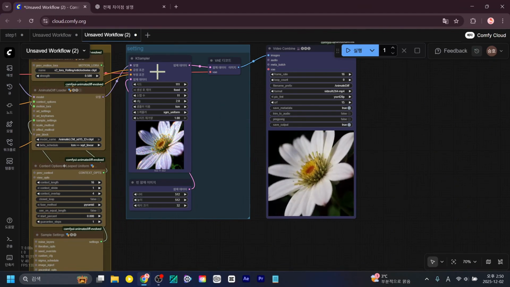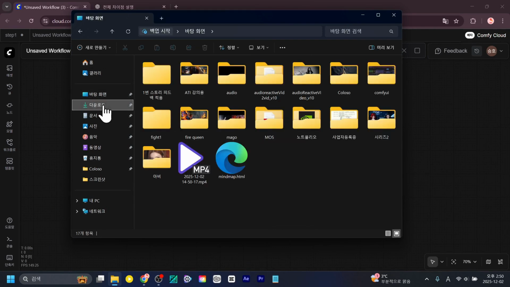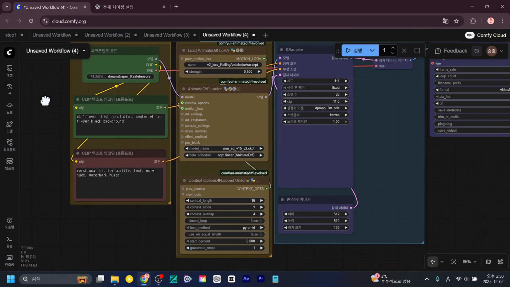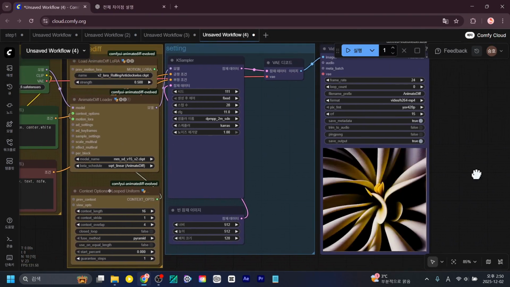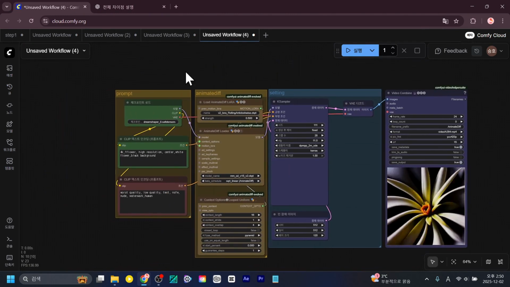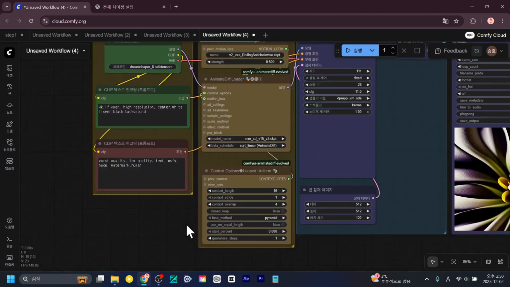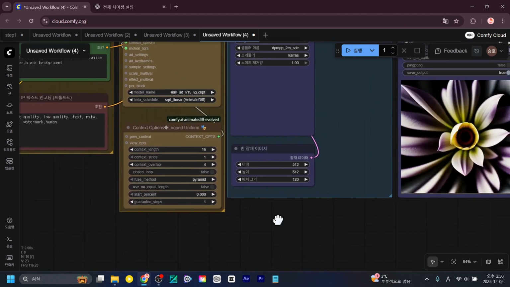In the previous part, we worked on animate diff, right? I think it would be good to take a closer look at the settings and details of animate diff. First of all, I think it would be helpful to also show you how to modify the workflow in the media art course that I previously uploaded to the ClassU lecture.